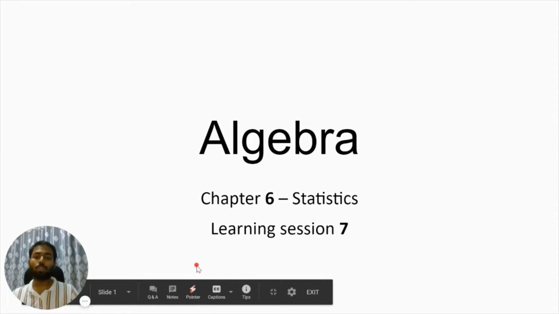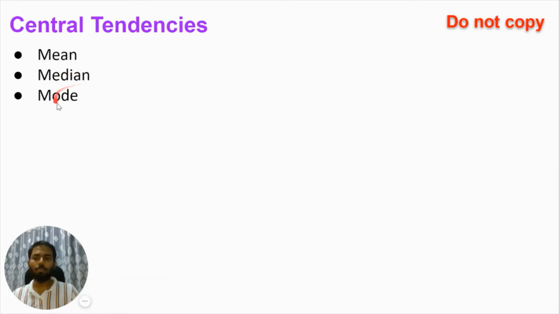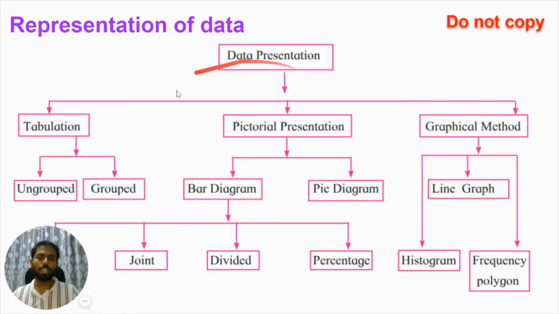So far in this chapter, what all have we seen? We have seen how we find mean, median, and mode when data is given to us in the form of a grouped frequency table. Then we saw the different ways in which you can represent data, so that it is very easy to understand the data and extract information out of it.